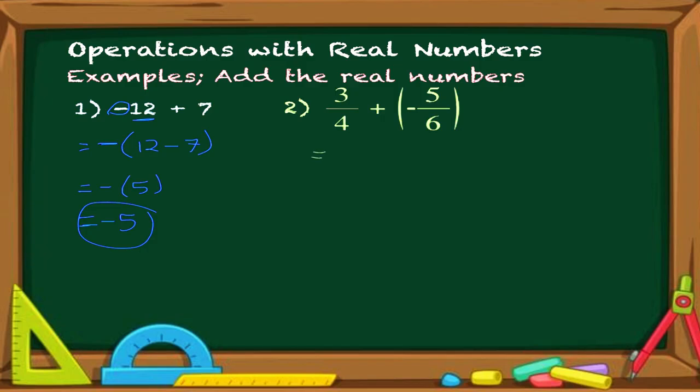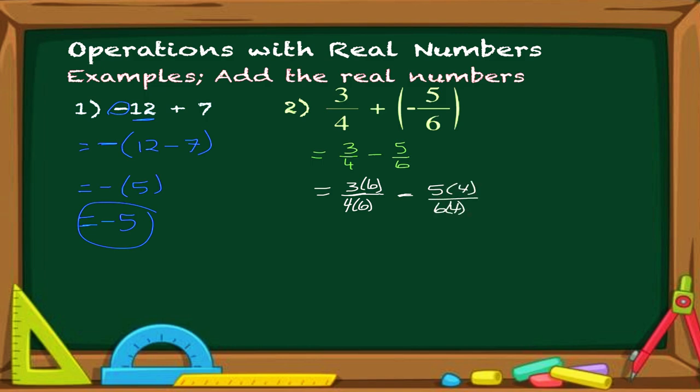So what this question is actually saying is 3/4 minus 5/6. So we need to make a common denominator. When I do that, I'm going to multiply by the other denominator. Just make it easy. So 4 times 6, and if I do it to the bottom, I've got to do it to the top. So I'm going to multiply by 6, and then I'm going to subtract 5 times 4